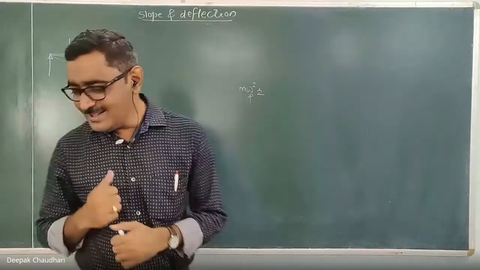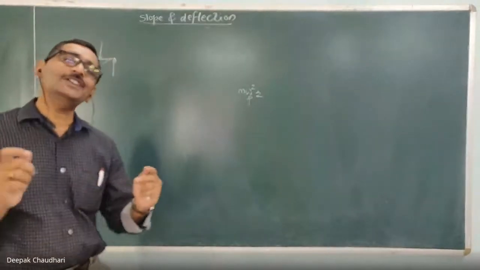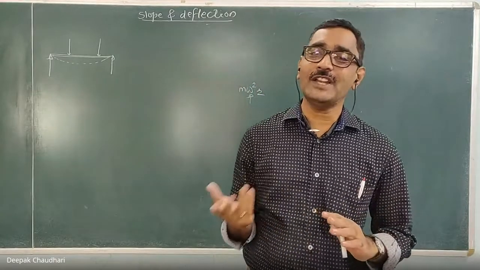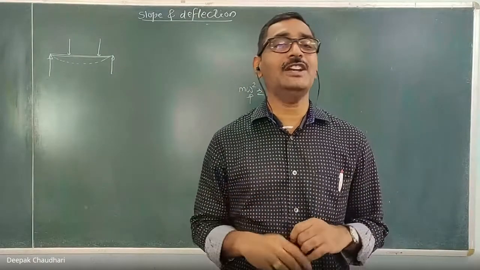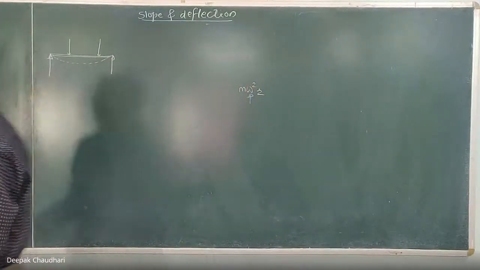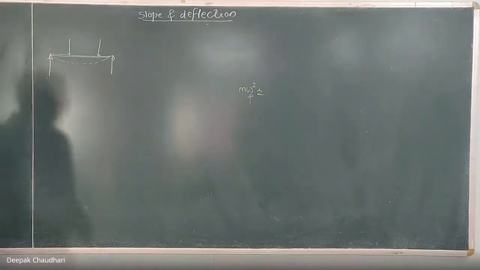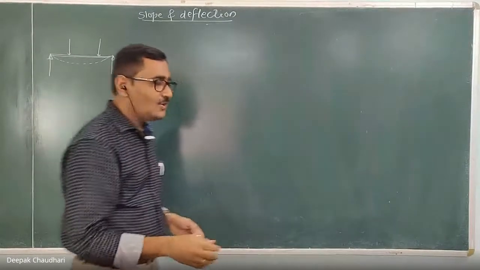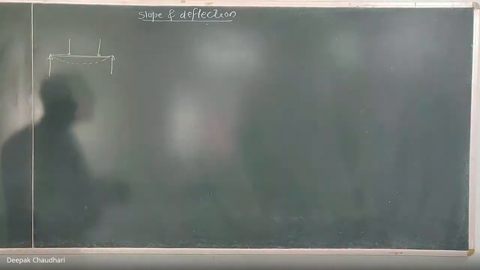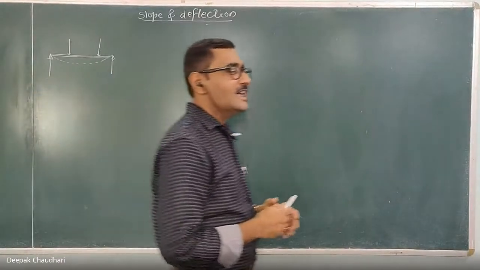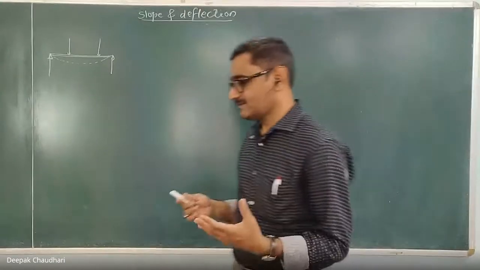Now in this lesson we have to study how to calculate that deflection. What is the significance of that deflection, and how to ignore that deflection and all that, that is the next part in the design part. So in strength of materials we are going to study only how to calculate the slope and the deflection of a beam. I told you what is the importance of that.